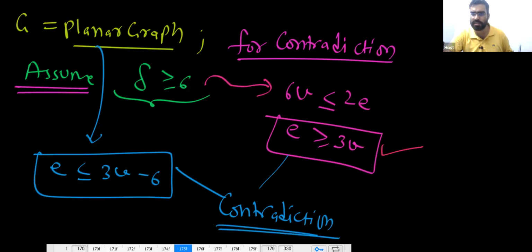So we got a contradiction. Yes or no? This is saying that E is greater than or equal to 3v, and this is saying E is less than or equal to 3v minus 6. So there is a contradiction. Okay, there is a contradiction. So I can say, because there is a contradiction,